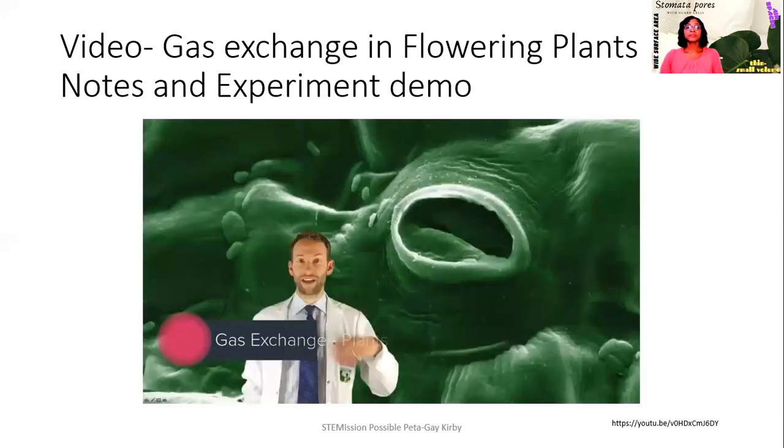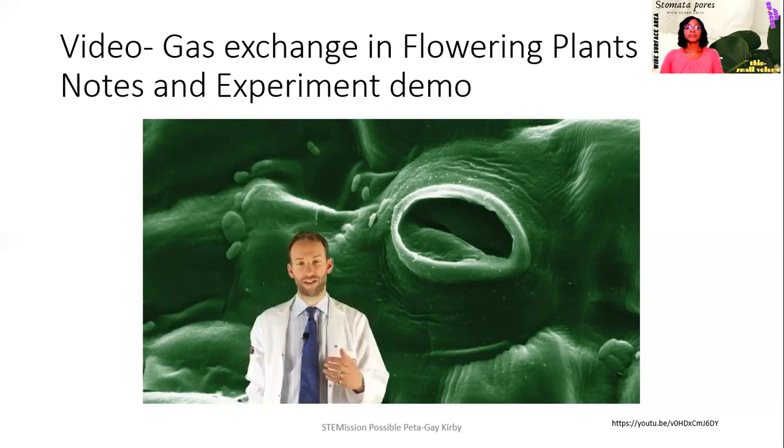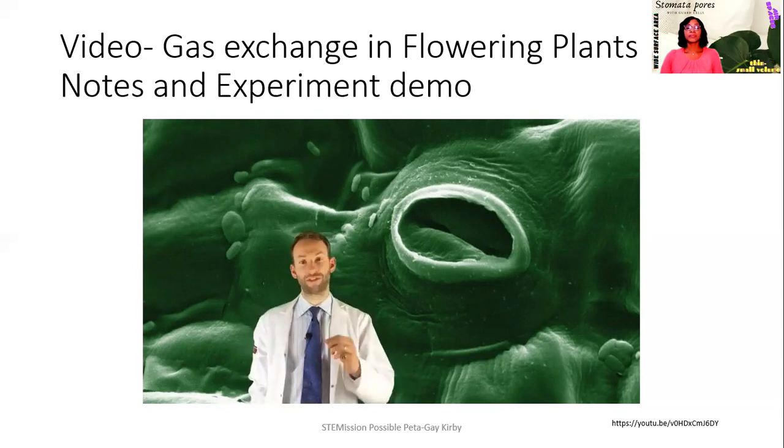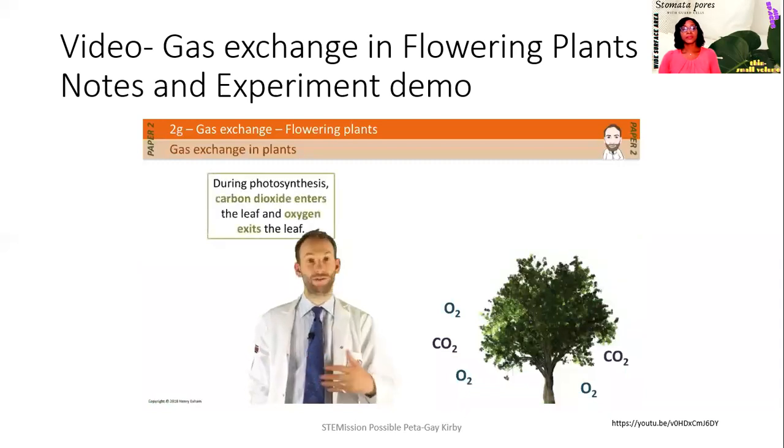Gas exchange in plants happens through these tiny little pores in the leaves, most of them on the underside of the leaves, called stomata. The gases move in and out of these stomata via the process of diffusion. Remember that process, the movement of particles from an area of high concentration to low concentration. So during photosynthesis, carbon dioxide enters the leaf and oxygen exits the leaf overall as a net gas exchange, and